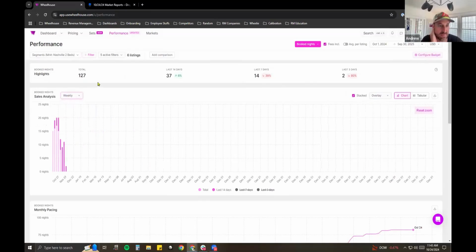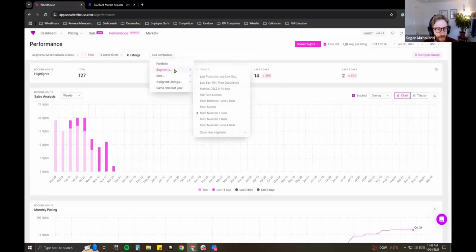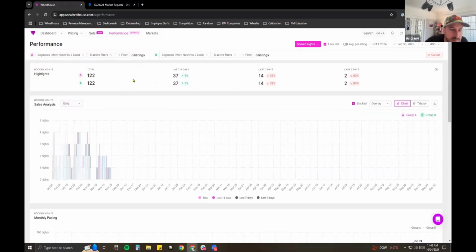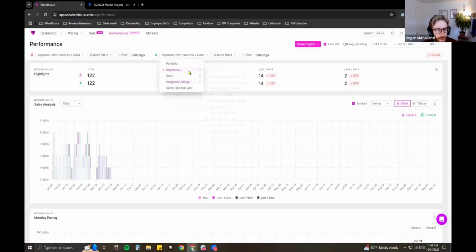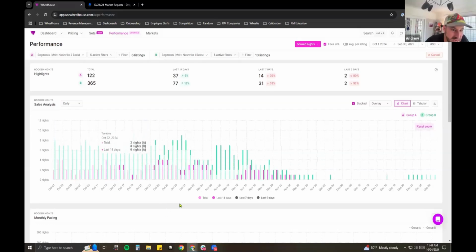I want to see that segment of the 1 bedroom versus the 2 bedrooms. Oh yeah. And what might you do if you saw, so these are actually booking fairly similarly. Oh, hold up. I did the wrong one. My bad. Okay. That's the same segment versus the same segment. And can we zoom in again? I know that we probably need to have a 3-day view.